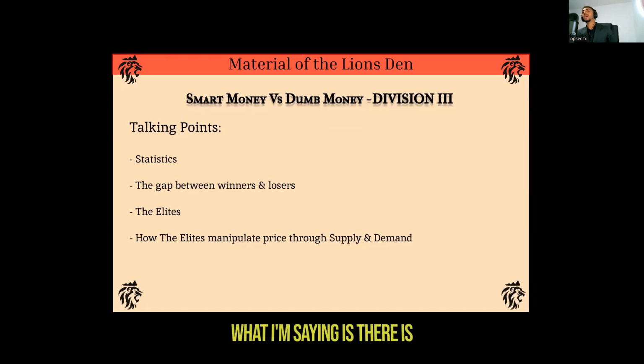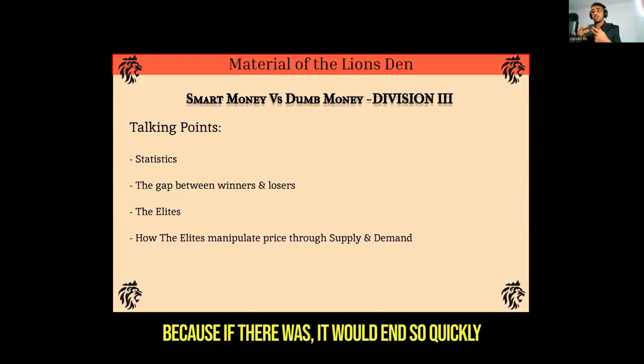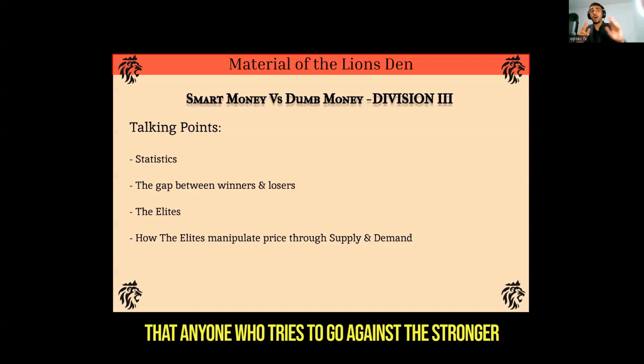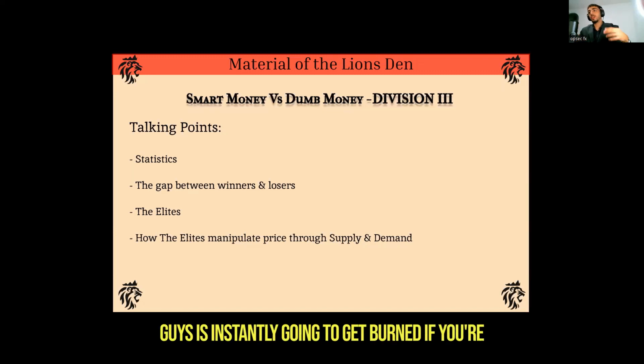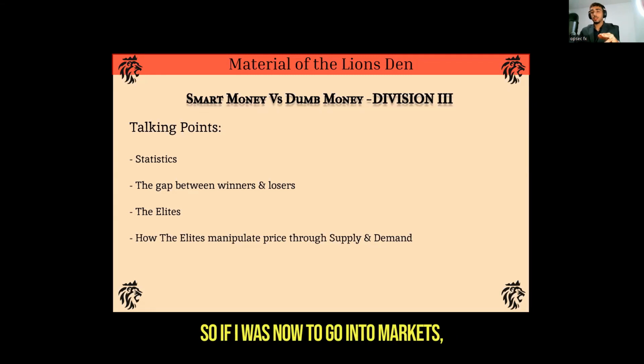Well, no, what I'm saying is there is no war between these large institutions, because if there was, it would end so quickly, because this guy is going to get burned instantly. Anyone who tries to go against the stronger guys is instantly going to get burned if you're going against them with a large amount of money. So if I was now to go into markets, let's just say I have a time machine,